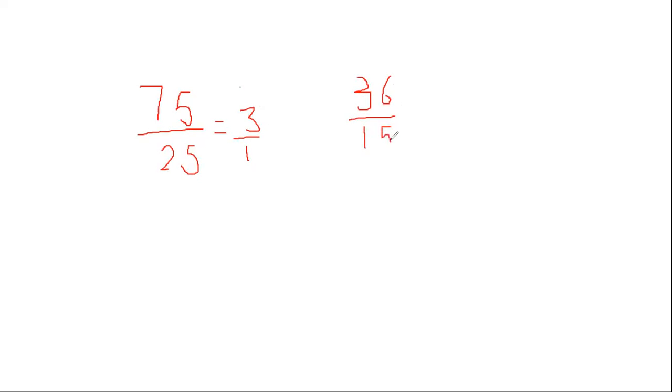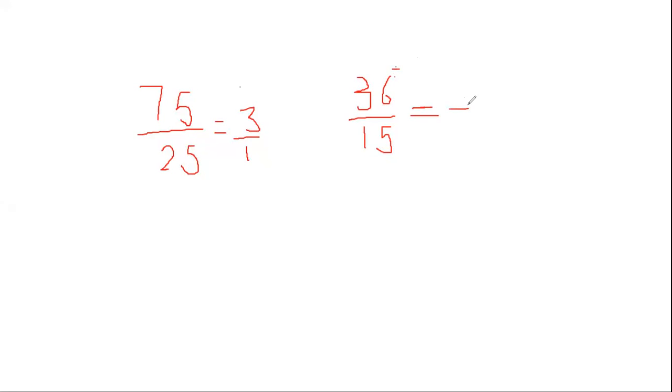how are we going to simplify this number? Let me ask you a question. Can 36 be divided by 15? No. So we have to search for a common number. 36 and 15, both of them can be divided by how many? 3, exactly. So if we start to divide by 3,